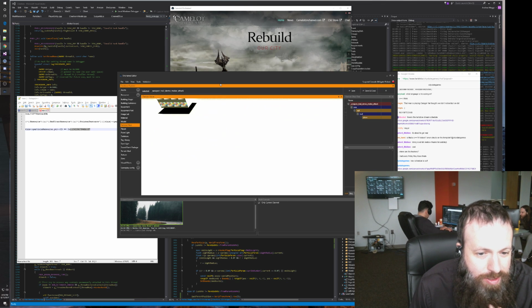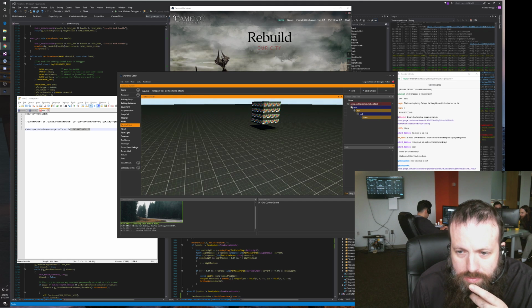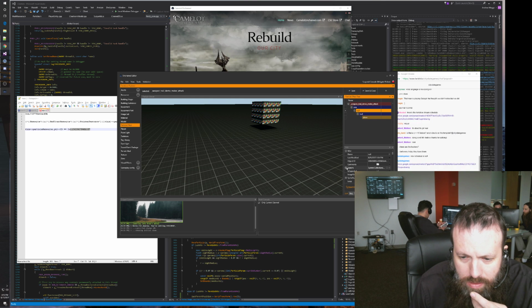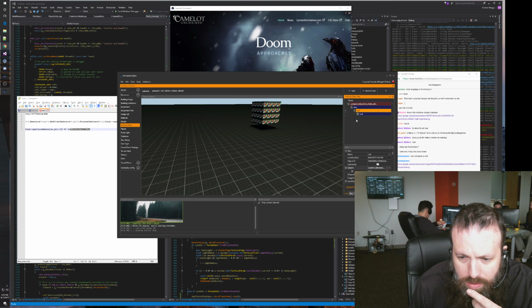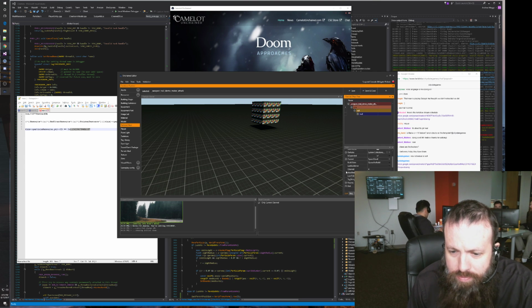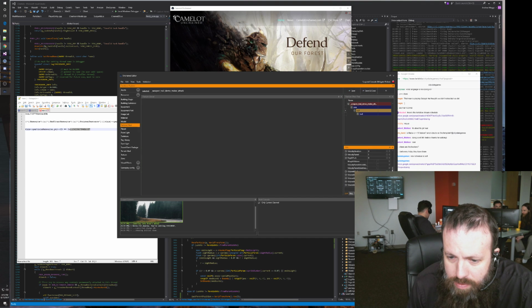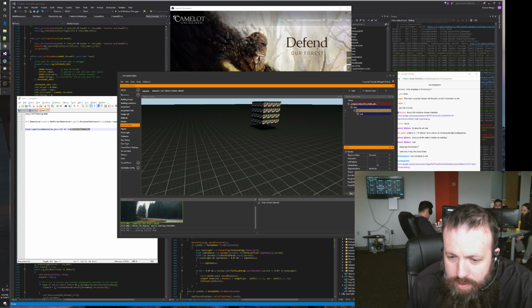So here we open up the particle itself. So we get this does a burst spawn of 1. Which does a